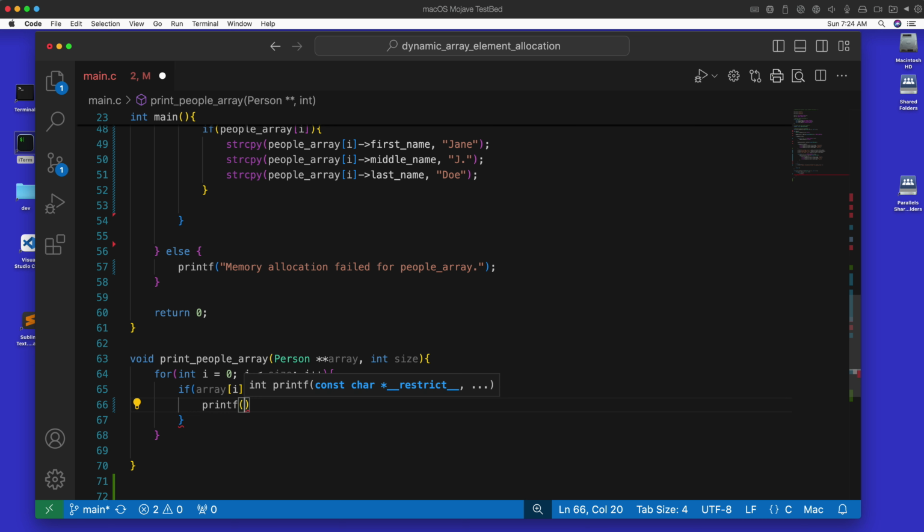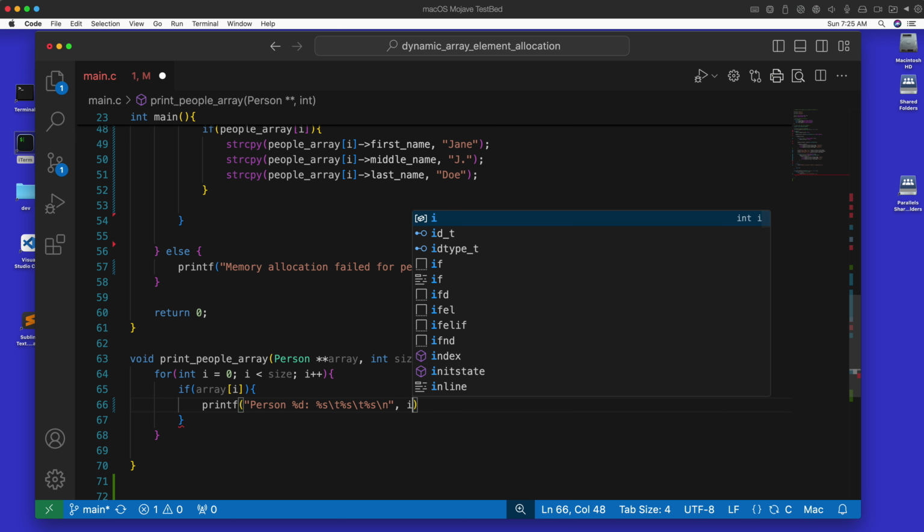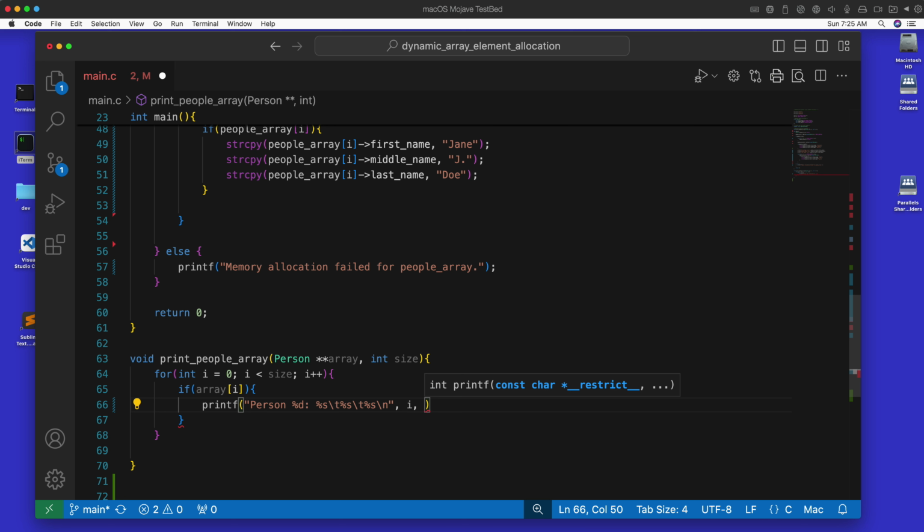So I'm going to say person, and then, oops, I need a quote. So person, and then %d, and then colon, and then %s \t %s \t and %s \n, and then comma, and then i, which is going to be the person count, the person number,